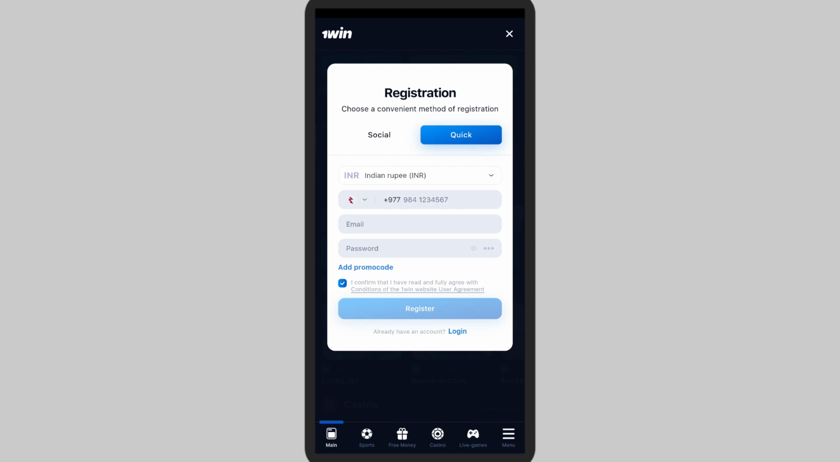So after adding all of them, a verification code will be sent to your email and you'll be able to easily verify it and create a new account inside the application. So after you do this, you'll be able to access different